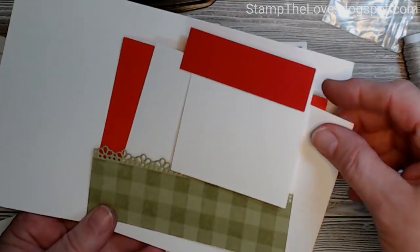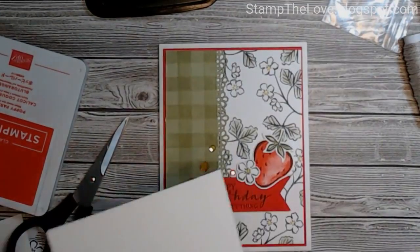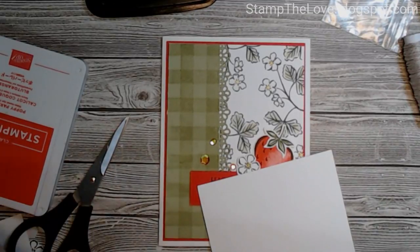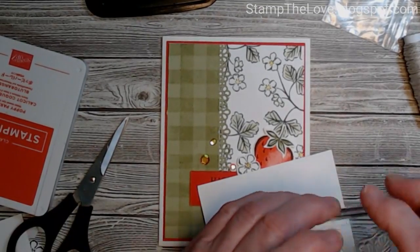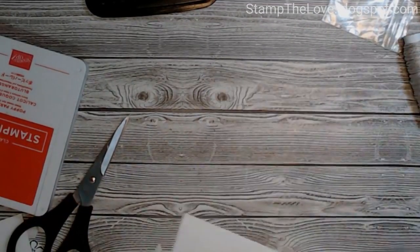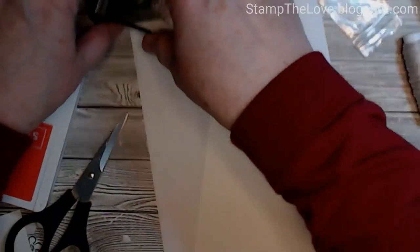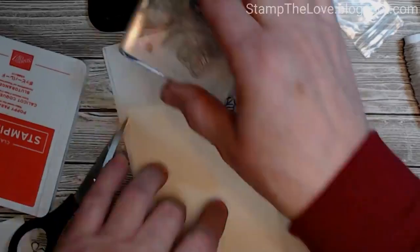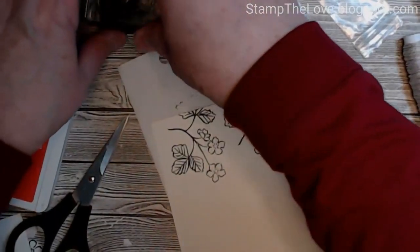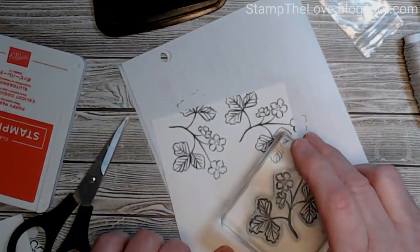And so this background piece gets stamped with all of the little green, the stem, that one that we used for the other card. Let me find it here. Oh, I laid it up here. So this just gets stamped all over the background with black ink. Let me bring my scrap paper back in here. And we can do that pretty quickly. I'm not going to take the time to color those. And you can pretty much stamp them wherever you want. I know this makes it a little shaky, but